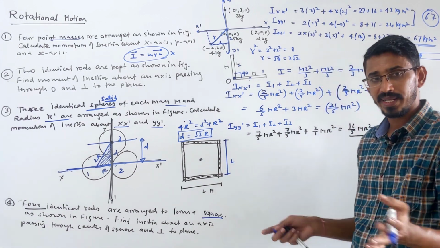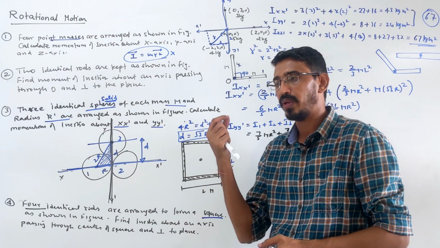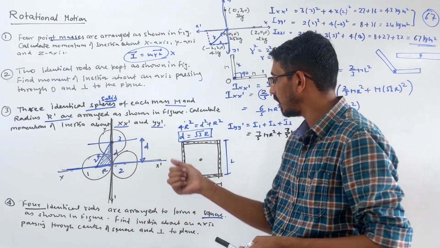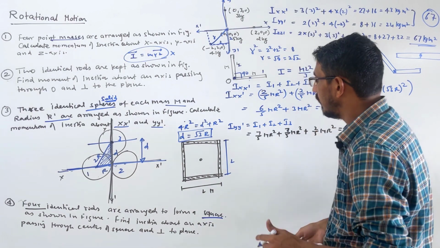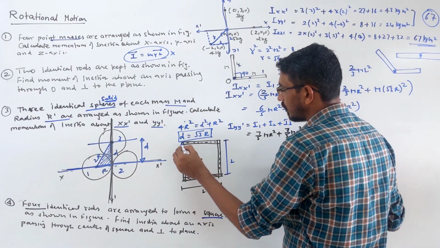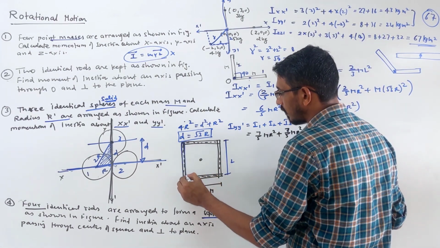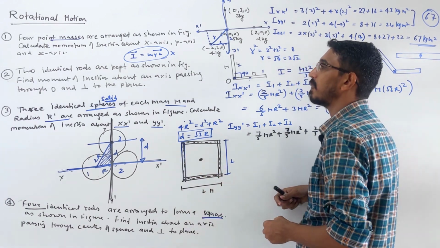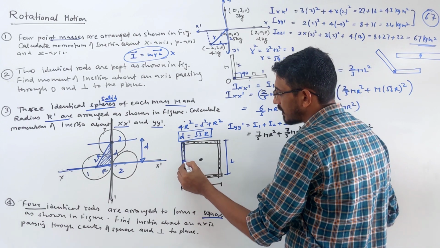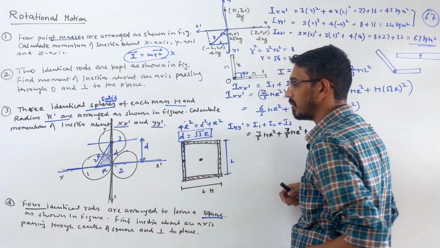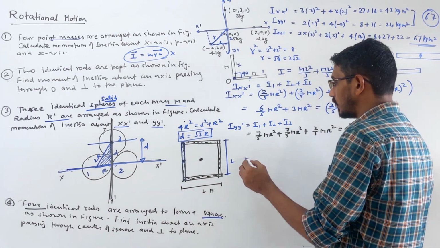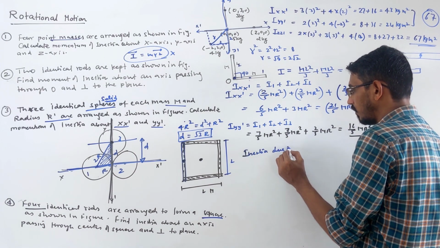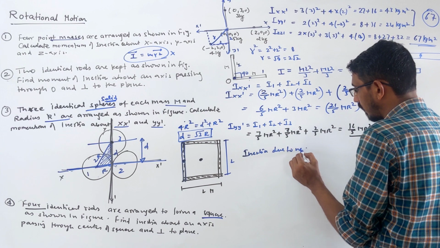M. Identical, you find inertia due to any one rod about that point and multiply by 4 times, because we have 4 identical rods, right? So suppose let's calculate inertia due to this rod, any one rod, this rod about that point is what? So this point is away from the rod. So we have to write parallel axis theorem. First calculate inertia of this rod about this point. This is called center of the mass, correct? So I am writing inertia due to one rod, any one rod we talk, okay?